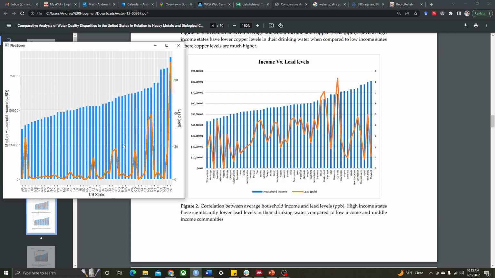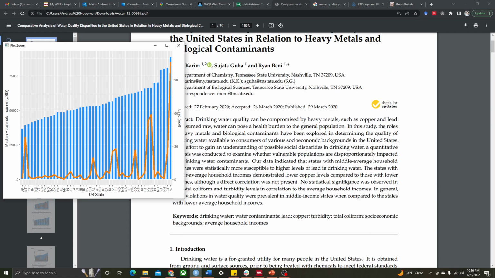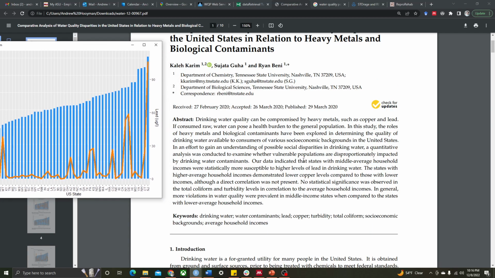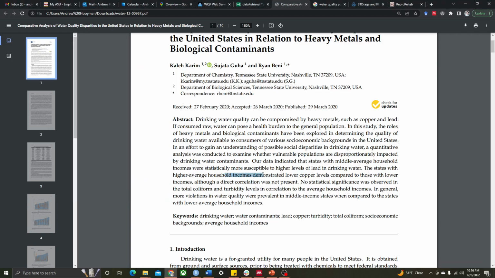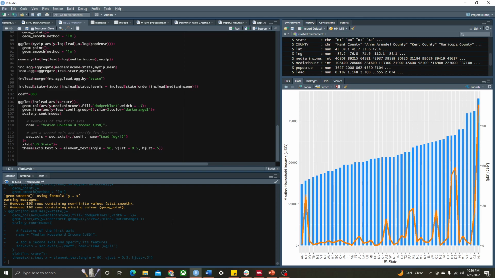And this is, of course, on a small sample when you're considering the overall representation of all 50 states within the country. But yes, indeed, it does seem to be that, as they had concluded, the states with higher average household incomes demonstrate lower levels of copper, while those with middle average household incomes were still more susceptible to higher levels of lead in drinking water. And to be able to reproduce that is a big crux of what ReproRehab is all about,